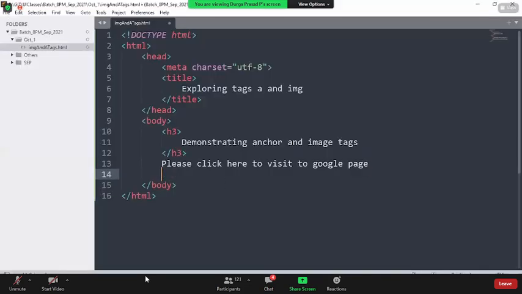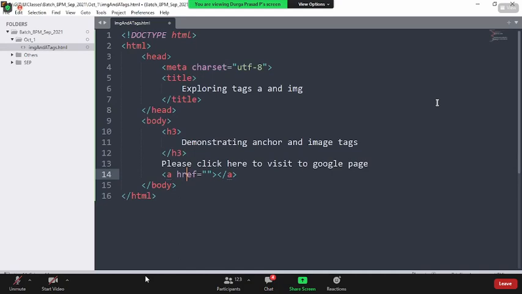We can simply go with the anchor tag, which takes a mandatory attribute called href. Till now, when I was using a p tag or an h3 tag or other tags, we never saw tags taking attributes as mandatory. We have seen some attributes like ID, name, class, etc., but those were never mandatory, isn't it? Those are optional attributes.